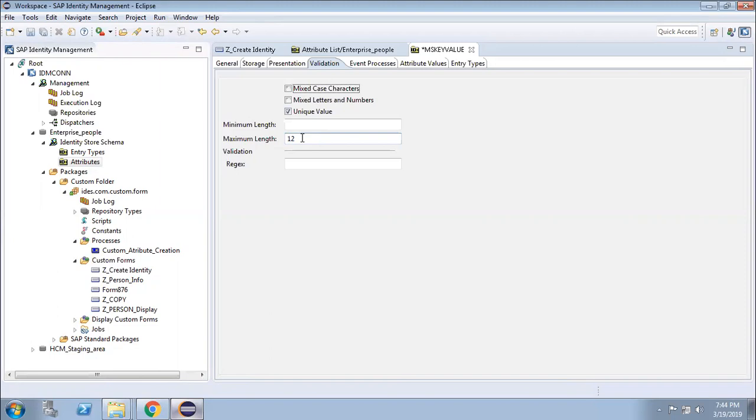Okay. So the MSK value will not suffice, right? Here we have a restriction of 12 characters. If we put the 12 characters restriction here, we get some issues during import. Yes. Okay. So that is why we will not put the 12 characters restriction over here. So what is the alternative?